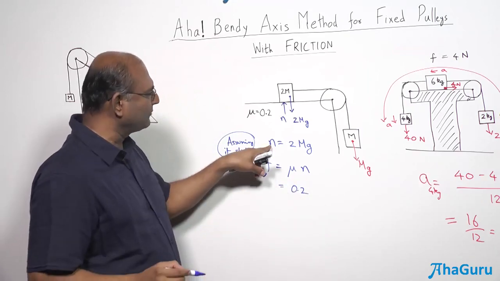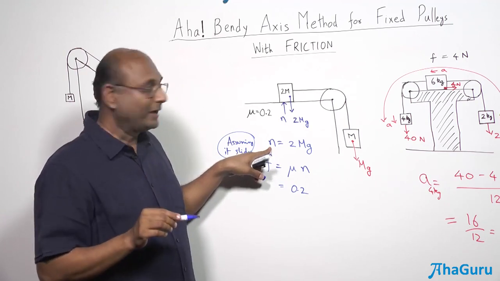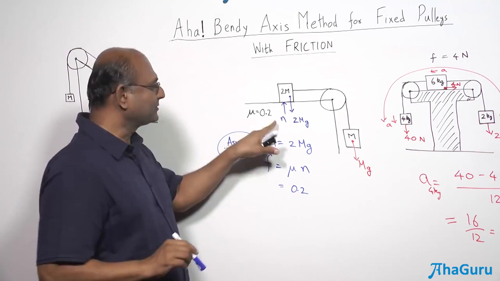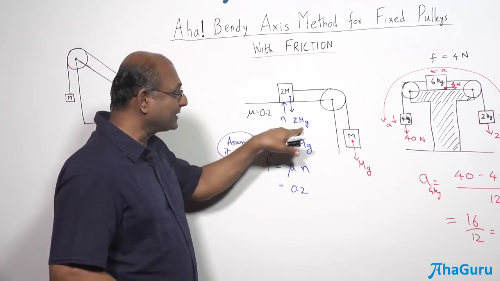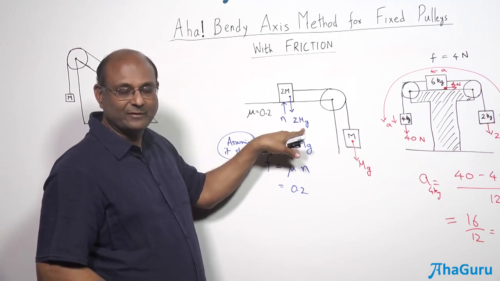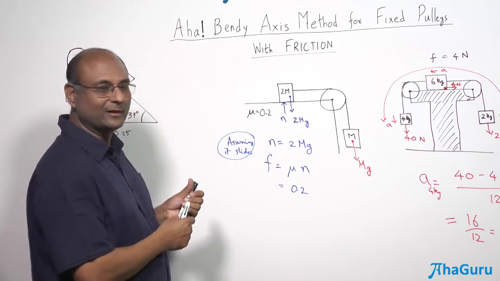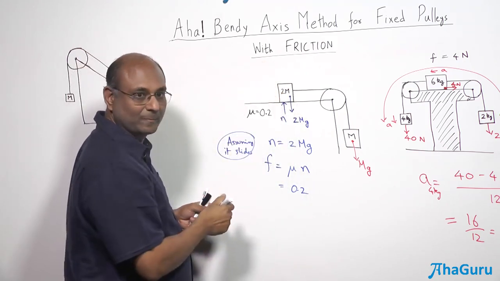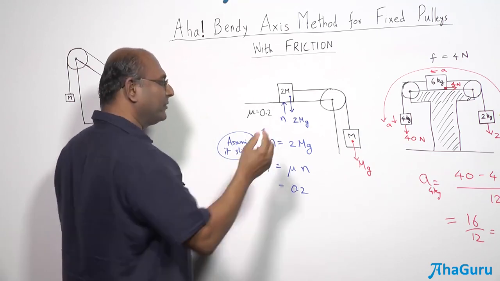Many places people, instead of using the small symbol n, use the symbol R, calling it normal reaction. Very dangerous word. It is not a reaction, because when it's a reaction, obviously every force is a reaction to another force. It is not a reaction to the weight. If it was a reaction to the weight, in every problem it would be equal. It's a reaction to another normal force with which this fellow is pressing the ground. So instead of using capital N and instead of using R, I am going to use small n.